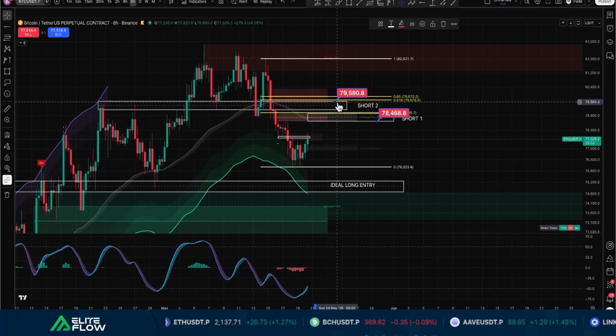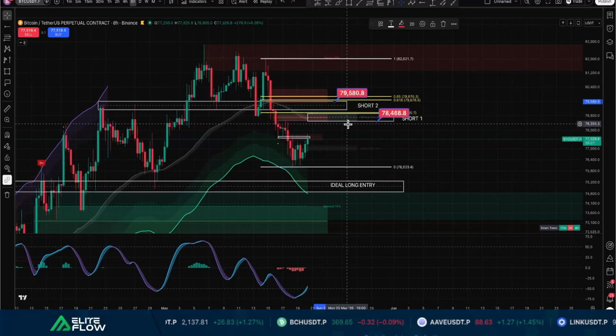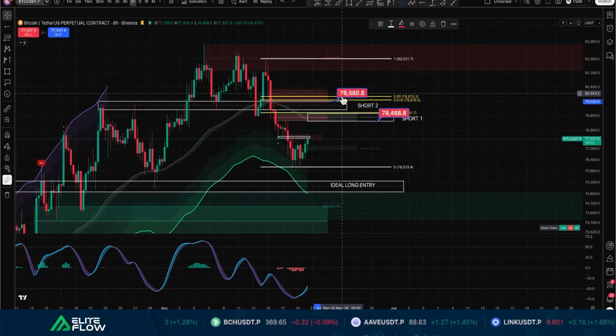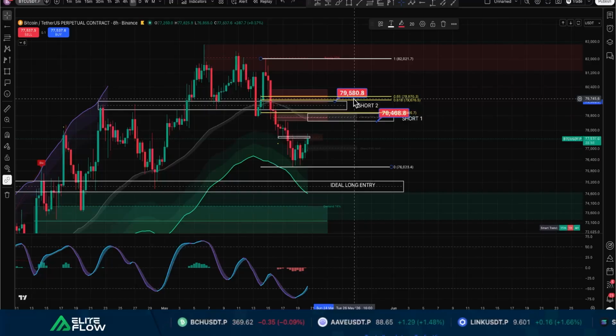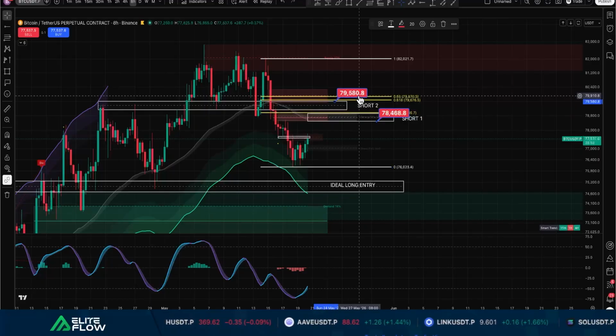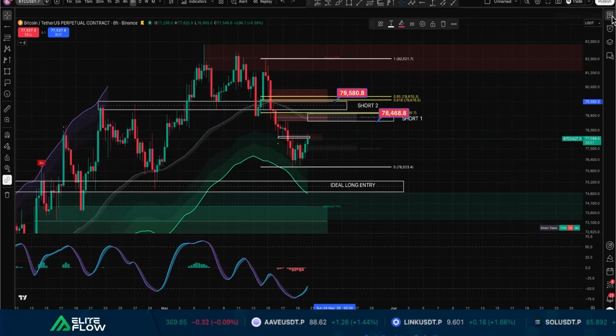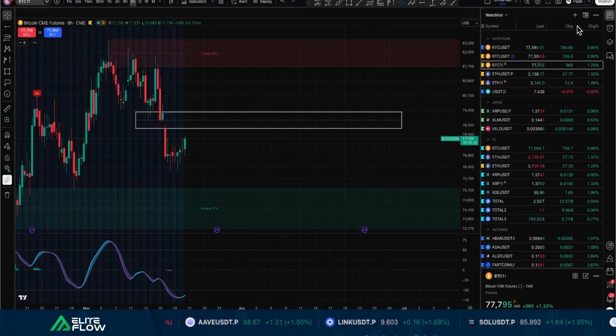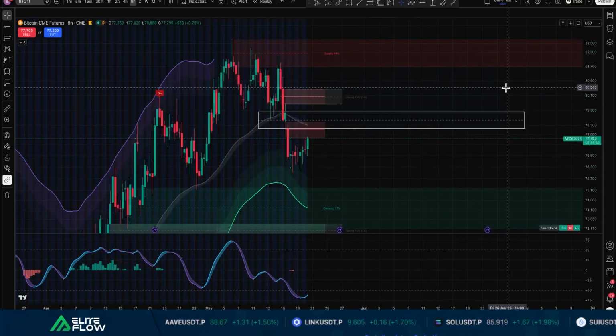And then this is going to be our second price target, one at 78,500, the second one at 79,500. Now, another reason why these points are quite interesting, let's go on BTC1, which is going to be the